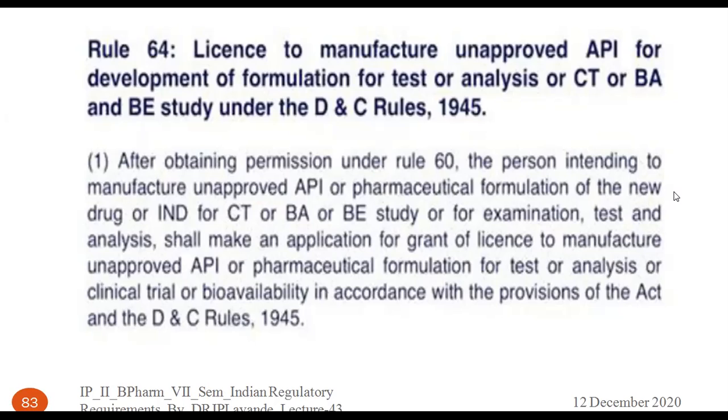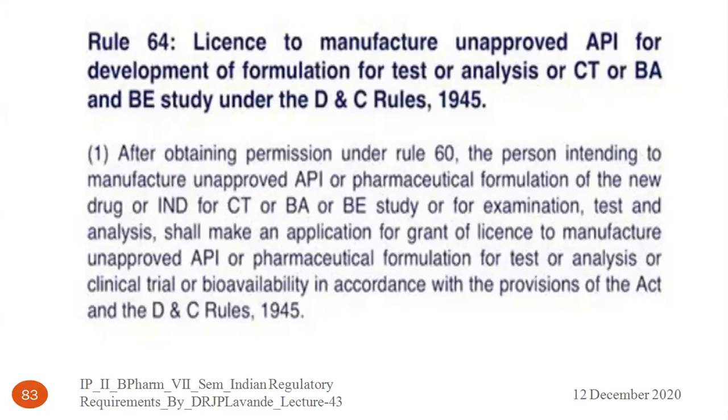So the clause under Rule 64 will say that after obtaining permission under Rule 60, that is the permission in order to manufacture the unapproved API or the unapproved API pharmaceutical formulation. After obtaining permission under Rule 60, the person intending to manufacture an approved API or pharmaceutical formulation of the new drug or IND for clinical trial